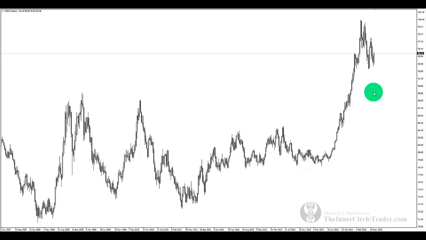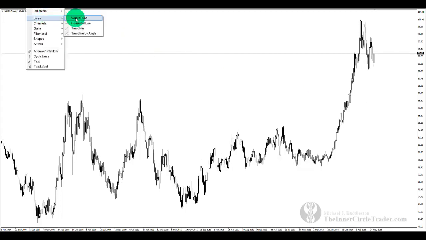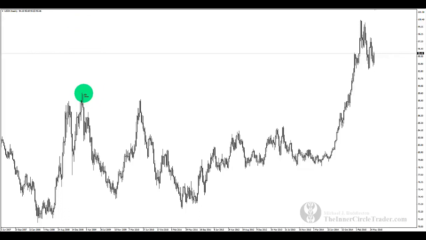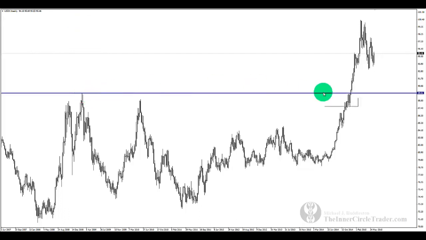But when we are looking at weekly charts, what we like to do is have major support and resistance levels noted, and that's just classic highs and lows. We have this high here, and we have a swing high in here. And by having these levels noted on these charts, especially the weekly chart, it gives us